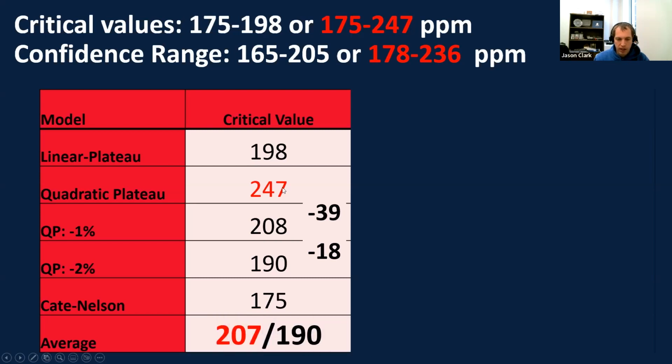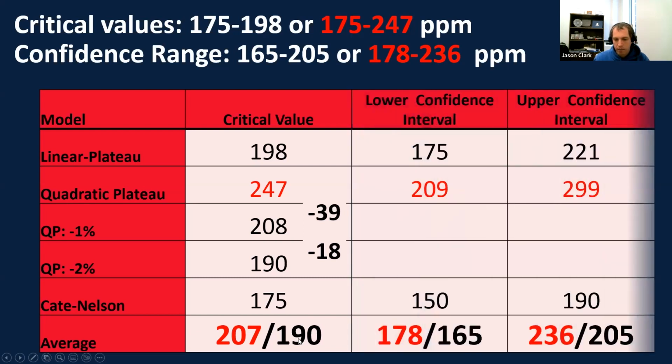If we take that average, if we include the 247, the average is 207. If we don't, it's 190, which I think is probably a little bit more accurate. And these are just the confidence areas, 175 to 220, 150 to 190. Those are probably 150 to 190 is probably a good range of where we want to maintain our soil test levels, just to for sure maximize those soil test K levels.